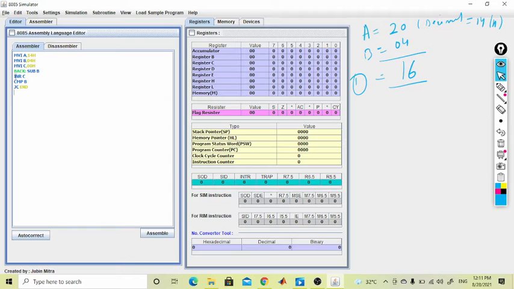For that we will use jump unconditionally, that is JMP back.